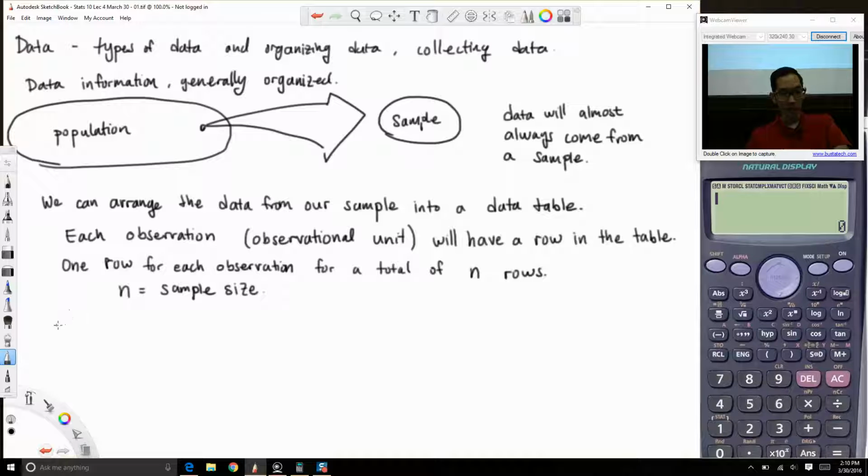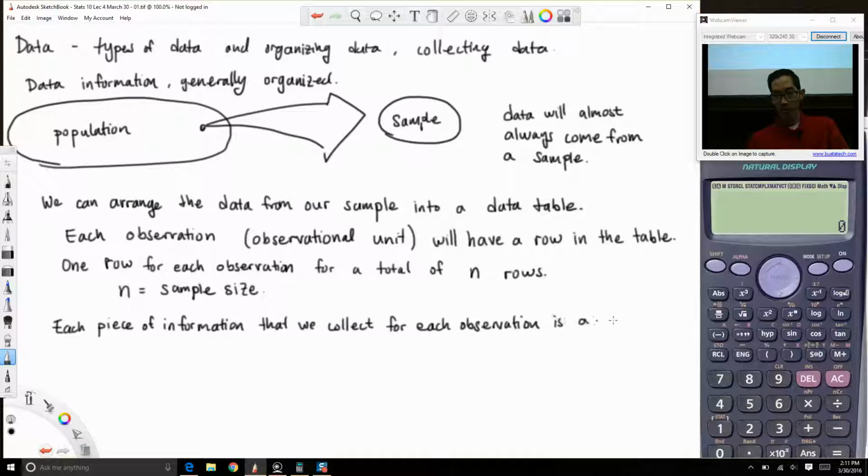Okay, and then each piece of information that we collect for each observation is a variable. Okay, and so, for example,